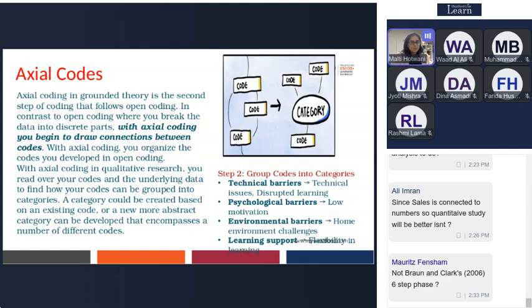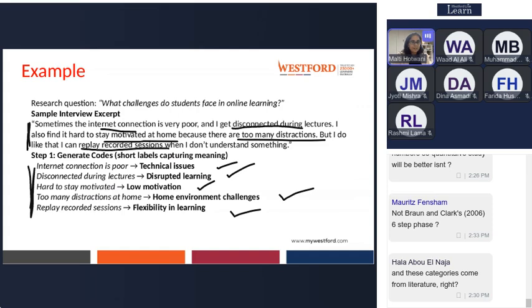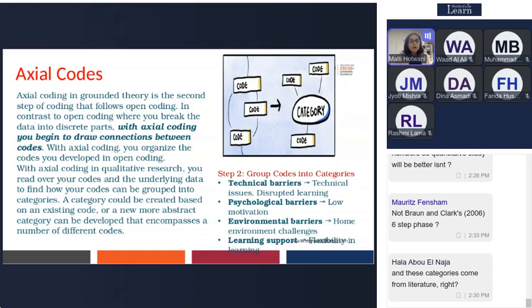Then these codes are divided into categories. Now, technical issues and disrupted learning can be clubbed together. Home environmental challenges and low motivation can also be clubbed together. So technical issues and disrupted learning are technical barriers.